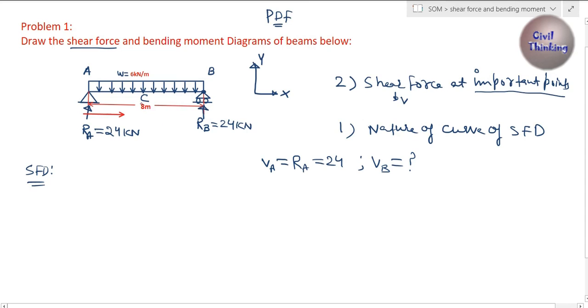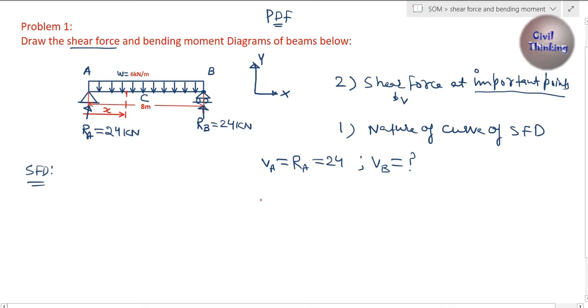Now this is the point. This is any general point at a distance of x from A, and we will find the shear force at this general point. Why? Because it will give us a general equation, and we will see if it is a straight line equation, a cubic equation, a parabolic equation, or what. Right, now let's find the shear force at